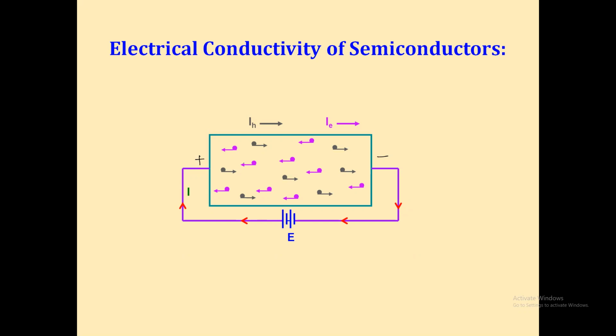Okay, so in this way, current can flow through the semiconductor material. Before going to discuss the further point, let me repeat one thing. Let me consider here an N-type semiconductor, and another one is a P-type semiconductor.